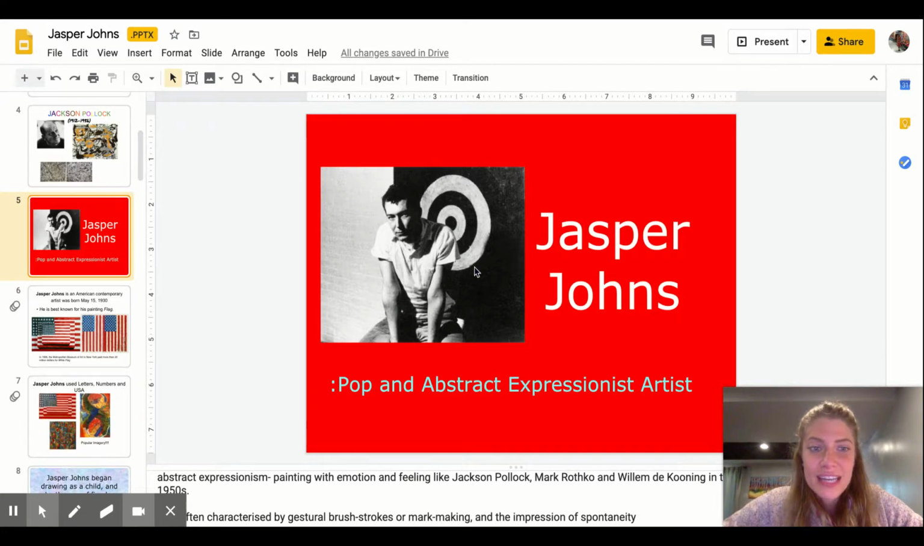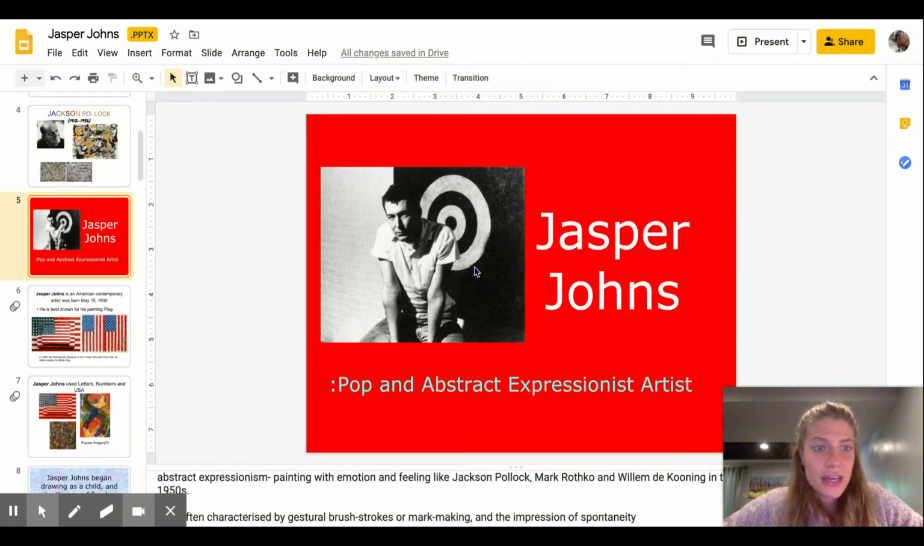So in the 1950s and 1960s, there was a whole group of artists called pop artists. Pop art basically stands for popular imagery. So what does pop art stand for? Popular imagery. That's right. So they would take something popular from their culture or time period and turn it into